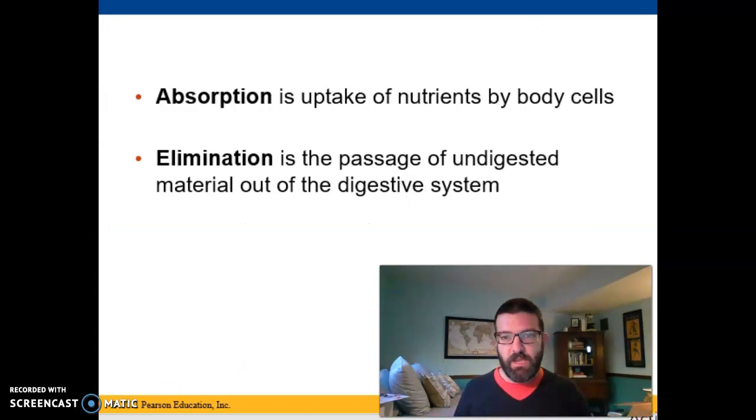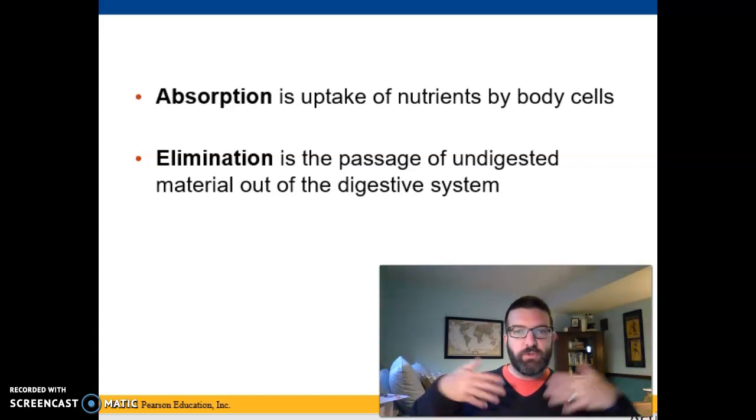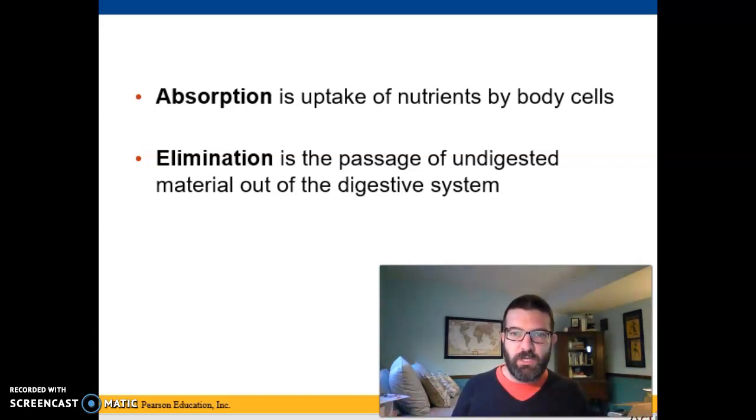the addition of water. Absorption is sort of the most important part of this because you're taking these nutrients from your gut and absorbing them into your body fluids. So for most animals like us, that means absorbing them into your blood, and then your circulatory system moves those nutrients all around your body to the tissues that need it. And then whatever you don't absorb is eliminated from your digestive tract, all of that undigested food. This is why things that are tough to digest, like plant cellulose, often end up out the other end, right? So corn, for instance, you may recognize as it leaves your body unabsorbed.